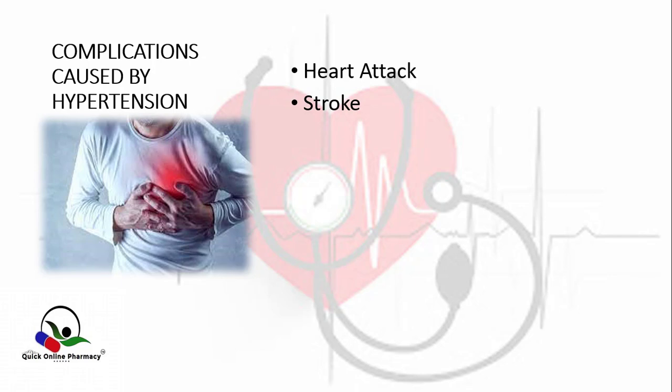The brain has small blood vessels that supply it with blood and nutrients. If your blood is moving at a high pressure, it can cause them to rupture. When it ruptures, any complication on the brain will affect your central nervous system,